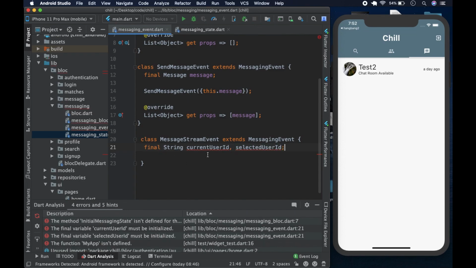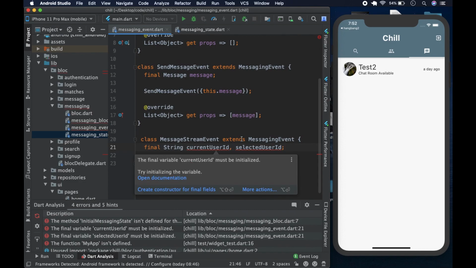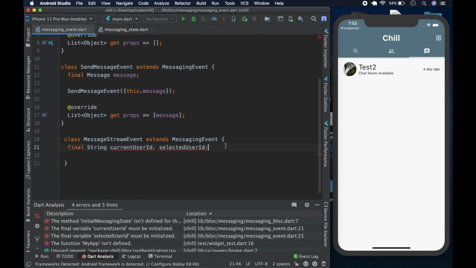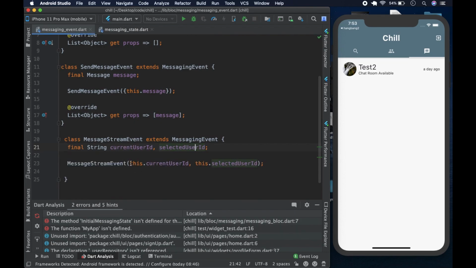We're declaring them on the same line to save us having to type final string like that. To give ourselves a bit more real estate, click on this, and we could create constructor fields, make them named. So these are named parameters now, and after that we copy this line.